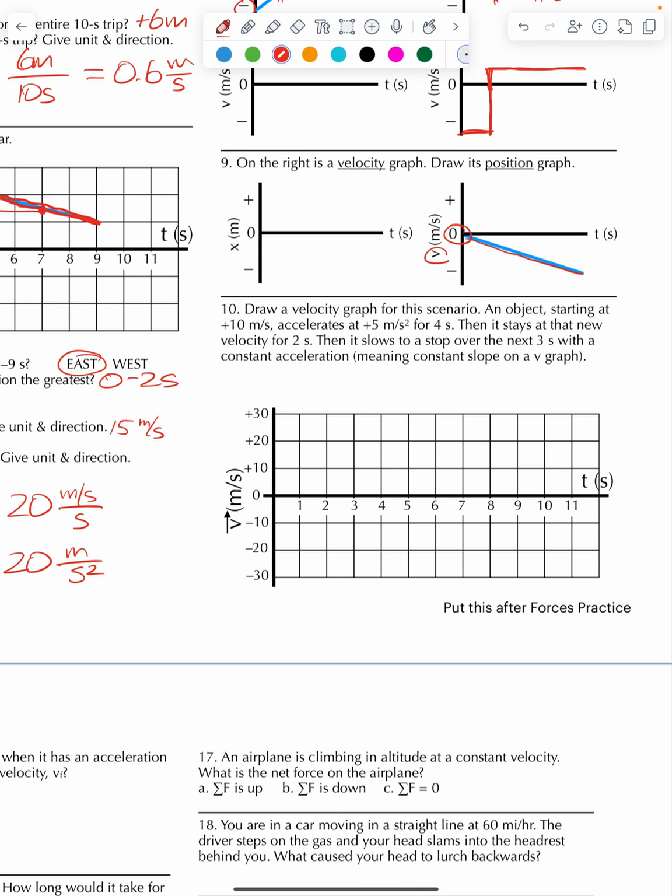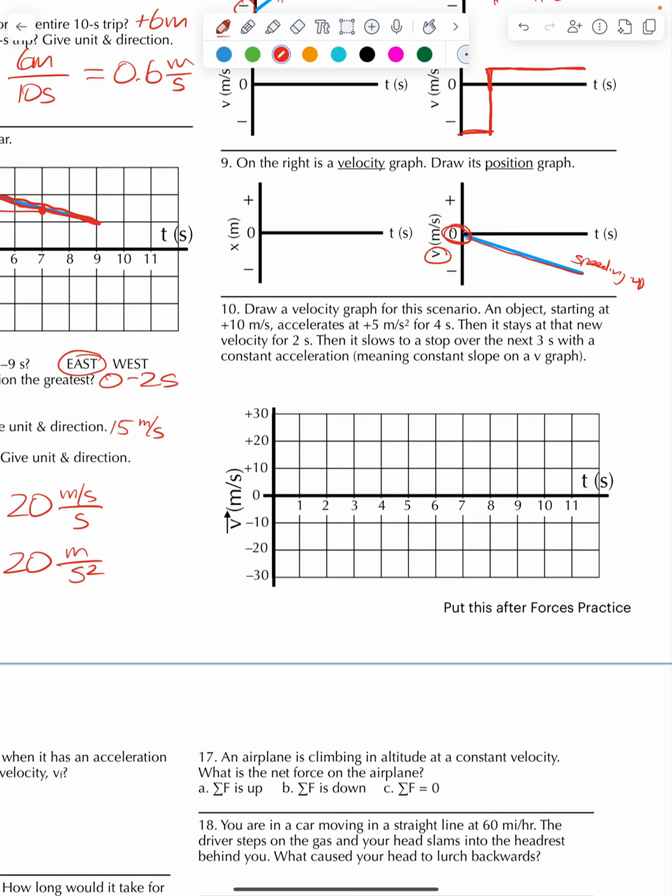This is a velocity graph. We're speeding up, right? We're getting farther from a zero velocity. So this is speeding up with a constant acceleration, because remember the slope of a velocity graph is the acceleration. So since the slope is constant, our acceleration is constant. But we're heading in which direction the entire time? Negative direction. So I want to show on my position graph something where we're going in the negative direction and